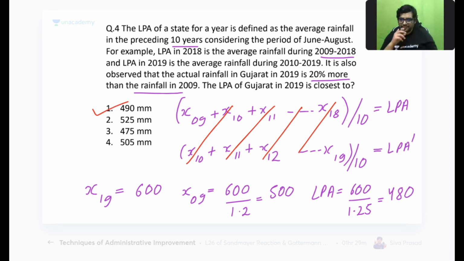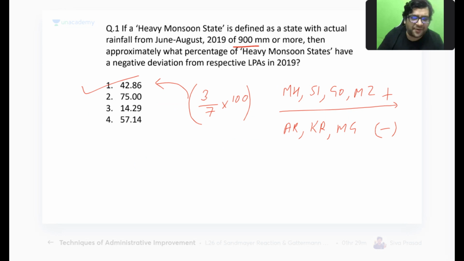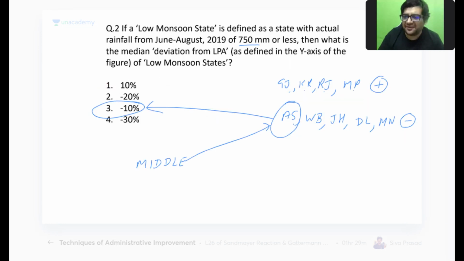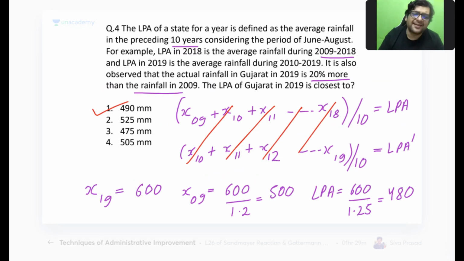Are you guys okay with this? Rakesh, Sriram, Sid, Prakhar, plenty of you have joined us. So pretty simple, pretty straightforward. All you needed to do was to observe the data in a proper fashion and you will get to the answer fairly quickly. मतलब first three में तो बिल्कुल भी effort नहीं लगा, एकदम सीधा सीधा निकल गए. The last one required a little bit of effort, but even then I will not put this into the hard category.